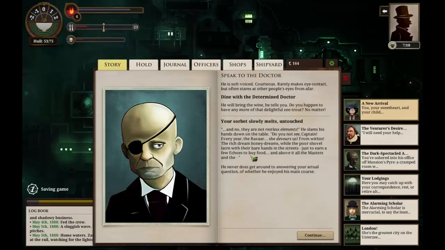Our sorbet melts untouched. And no, they are not restless elements. He slams his hand down on the table. Do you not see, Captain? Every year, the bazaar, she devours us from within. The rich dream honey dreams, of the poor shovel lacquer with their bare hands in the streets, just to earn a few echoes to buy food. And above it all, the masters and the...